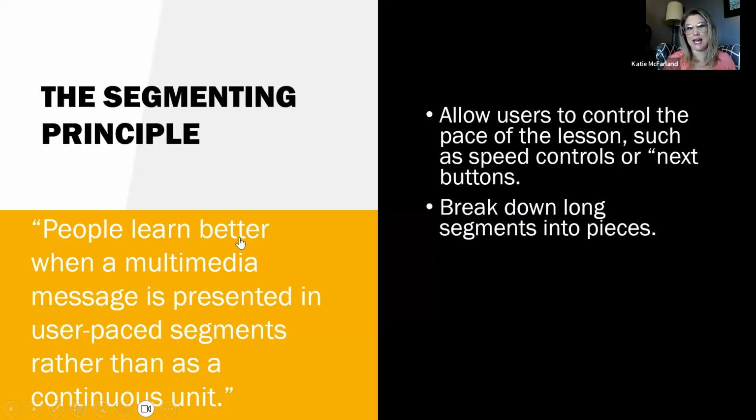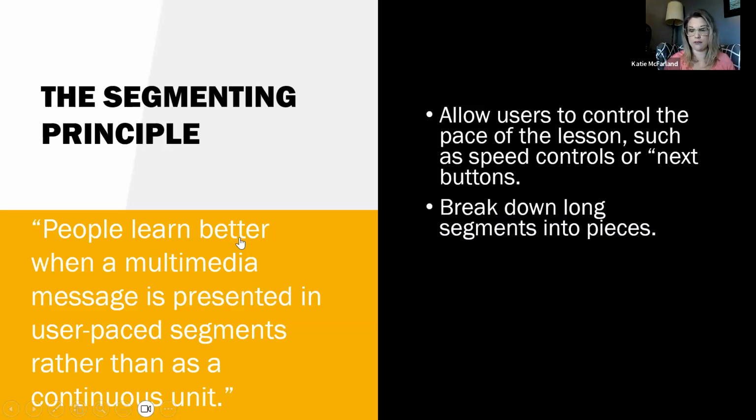If my slides stopped and the user had to physically click next, that's an example of user controlled speed. And it's even better for our learners, because they can reread something if they need to, they can take a little bit more time if they need to, and when they're ready, they can move on to the next thing. So breaking things down, basically just like it sounds, segmenting that information into smaller pieces so it's less strain on